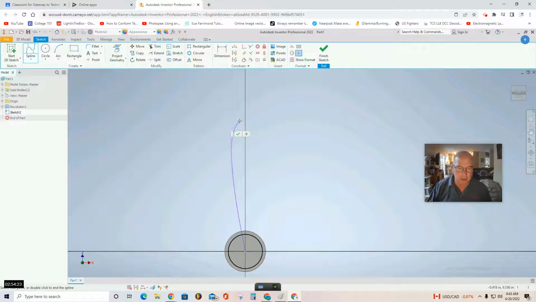I'm just going to go up here. Click, click. This takes practice. It's kind of fun to play with. Click, click. And then back to the origin. Click. And there is a blade shape. If you hit escape a couple times, now you'll see these little circles. You can use these circles to change the shape of the blade,